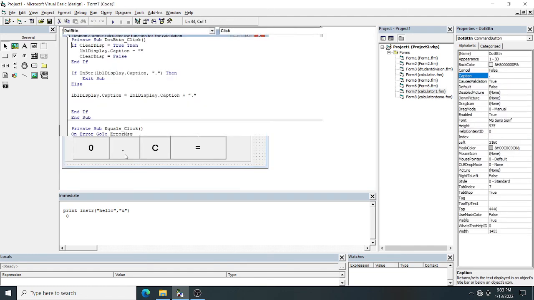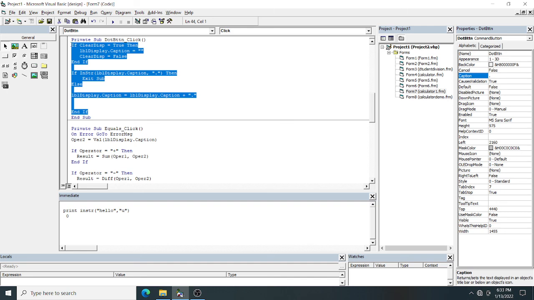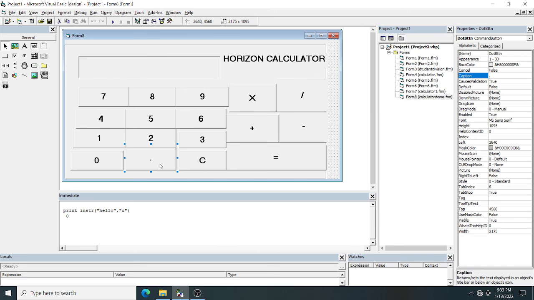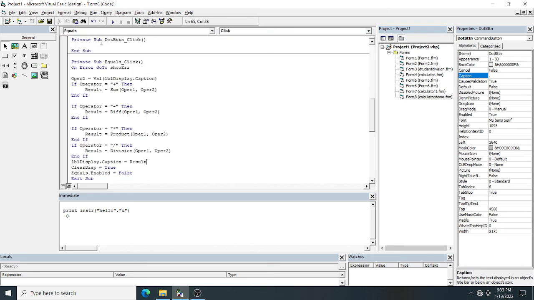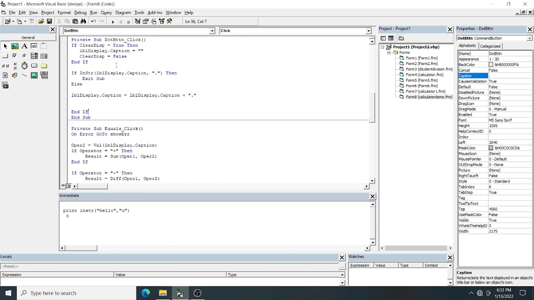I can go to the dot button. You can see for the dot button this much code is there. So here I'm right clicking, paste. Okay, look here, the same code is here.